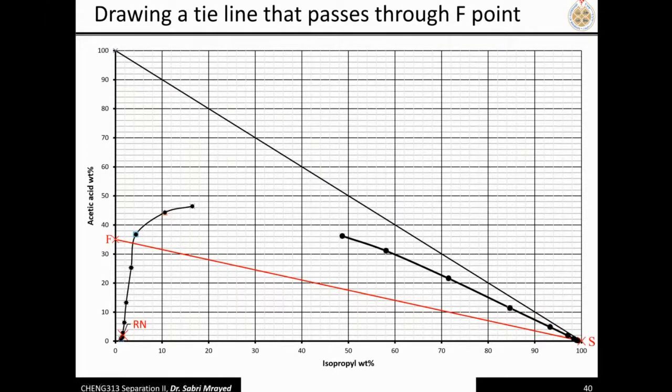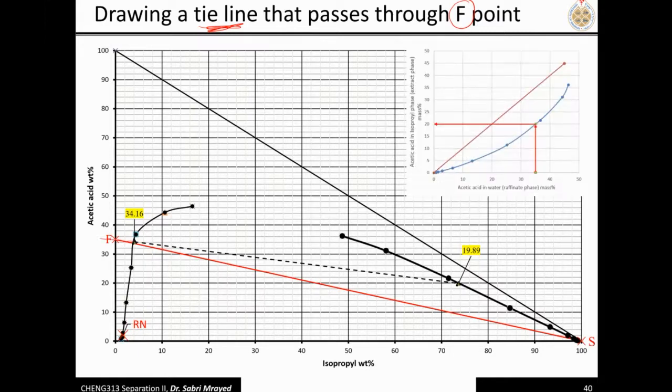Now I want to draw a tie line, then we have to draw now the delta R minimum, tie line that passes through F point. Okay, how do we draw that? This is the tie line. Now we will test this tie line. Is this tie line going to go, when we extend it, through this F feed or not? Yes, you use this, of course,